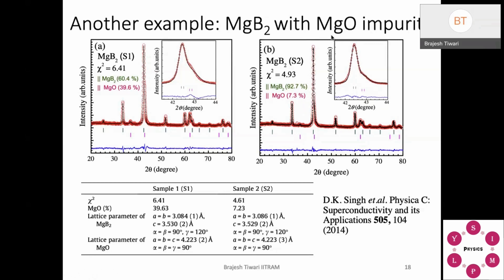It is showing a perfect diamagnet but no superconducting property. It was a strange thing to deal with, so we prepared the sample one more time and saw the difference.